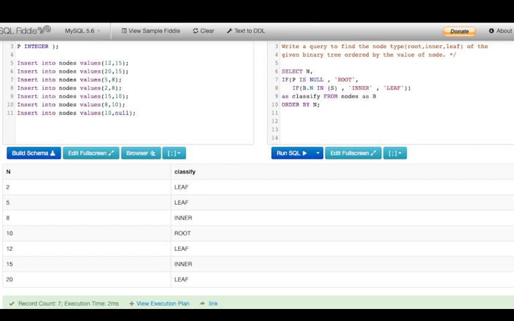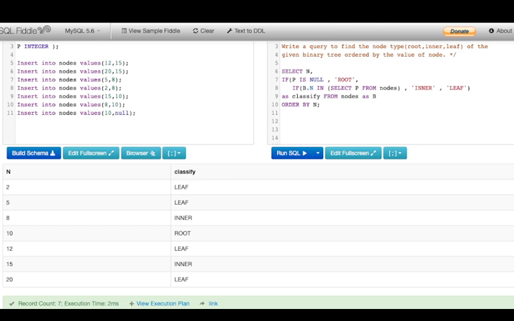So for that, b dot n in select P from nodes. All right. So this could also be one of the conditions that we can use. All we need to understand is that if b and p are equal, that means they will be the inner node. Otherwise, it will give us the leaf node.